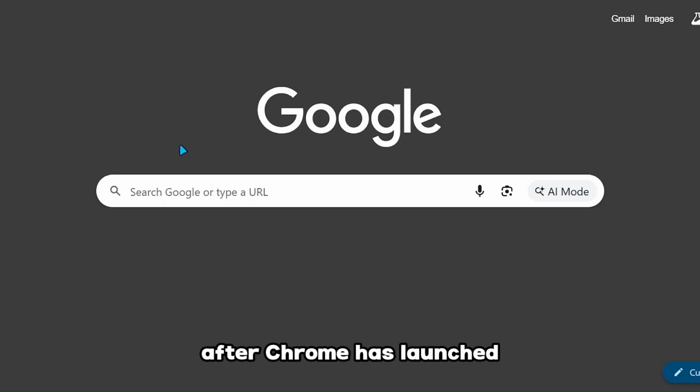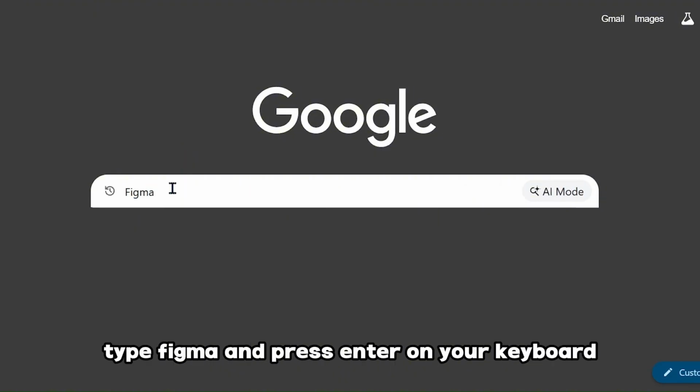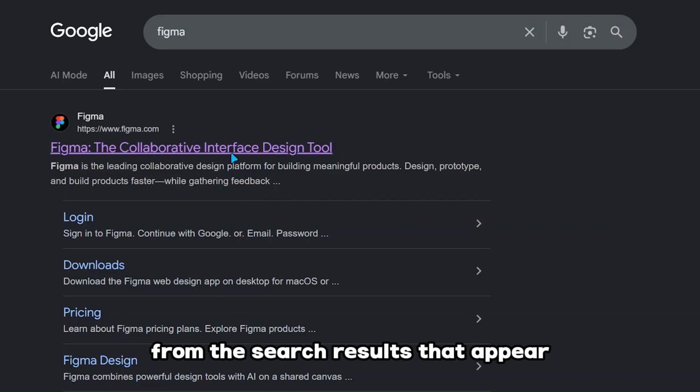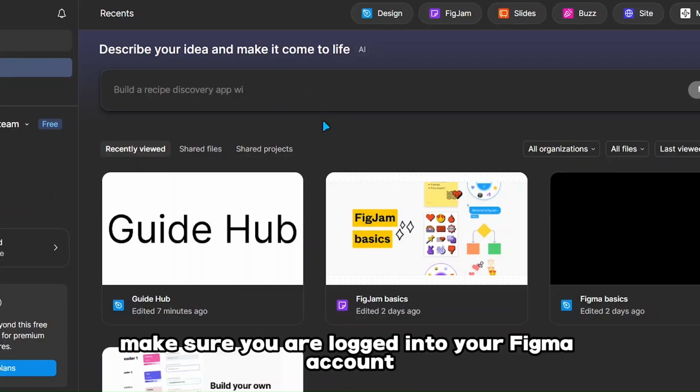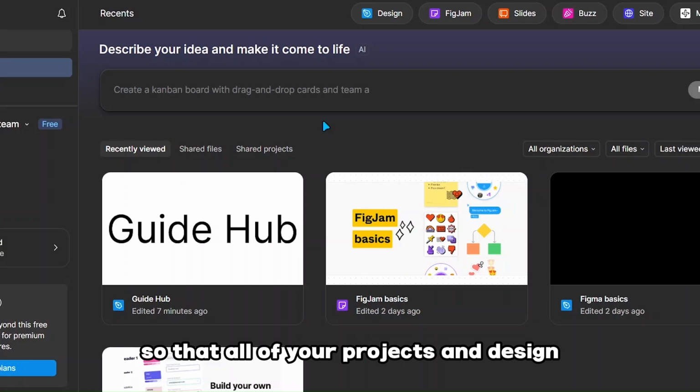After Chrome has launched, click inside the address bar, type Figma, and press Enter on your keyboard. From the search results that appear, go to the official Figma website and wait for it to load completely. Before continuing, make sure you're logged into your Figma account so that all of your projects and design files are